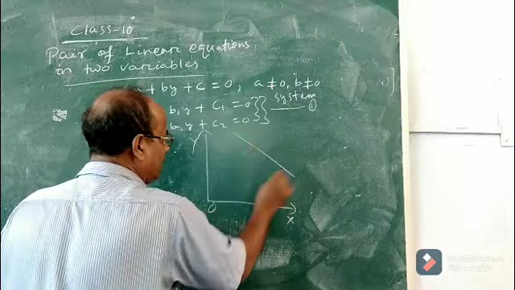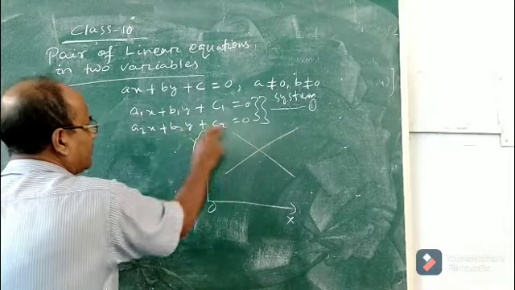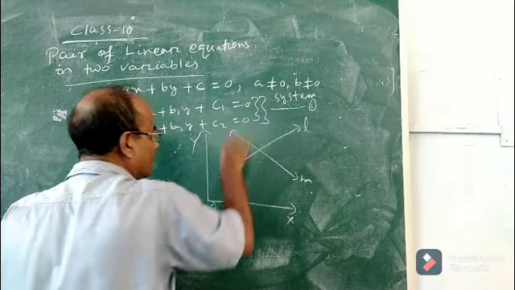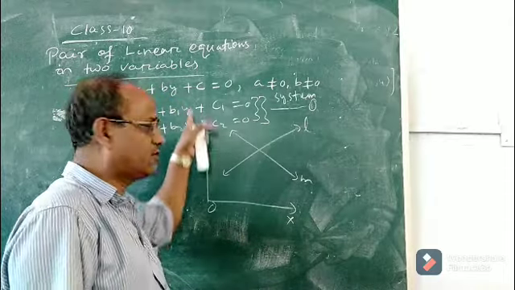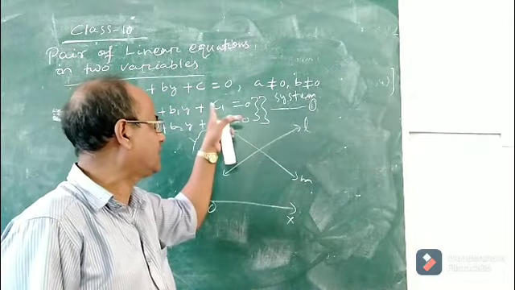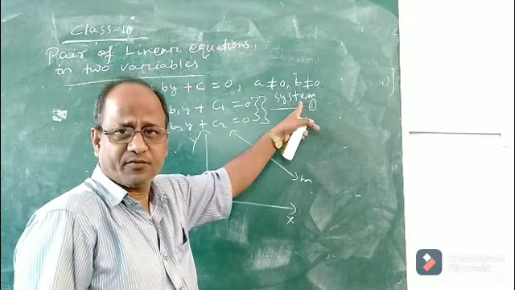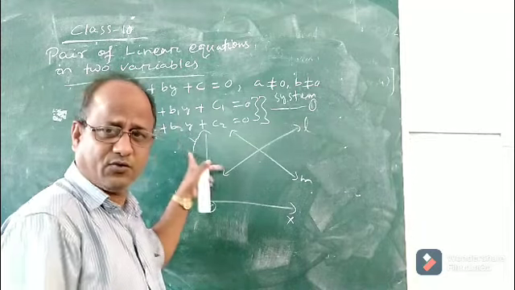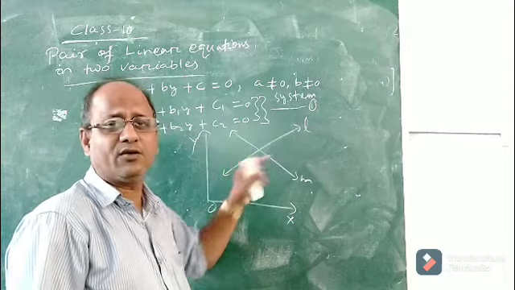Okay, now you draw the graph of this linear equation in two variables. Suppose this is L. You know how to draw the graph, okay? So, if you draw the graph of the system of linear equations in two variables, as I said, you will get two straight lines because there are two equations, okay? Now, the point is, what will be the relation between the two straight lines?